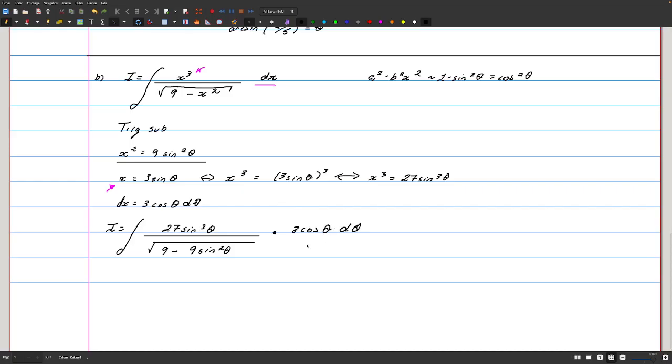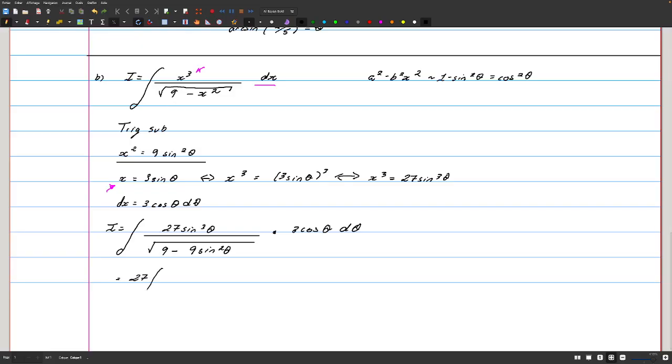So let's start with the first step. Let's pull all our constants out. Well, we know that if we pull a 9 out of our root, and we do the root of 9, that gives us 3. And we have a 3 up top, so that's going to cancel out. The only thing left is the 27 up here,